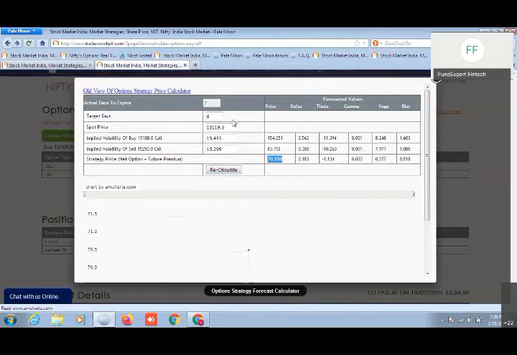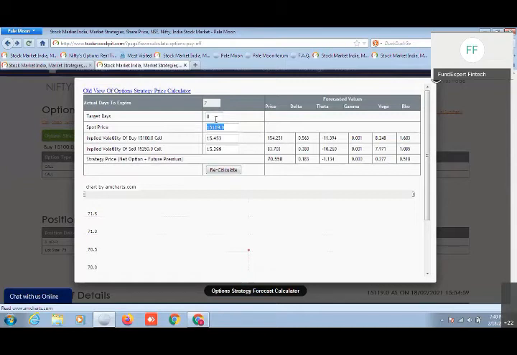Okay, and suppose for example I hold on to the position and I want to see the next 2-3 days, say by Monday, if the price goes to 15,250, then what can be my increase in premium? So that premium calculation, accordingly I need to check it out, right? I need to check where I can put my stop loss or targets. And for that purpose, obviously when we are trading options, there will be something called time decay. Accordingly, the premium value erodes on a day-to-day basis, every day.